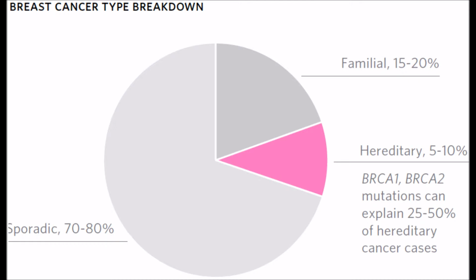Reproductive factors associated with prolonged exposure to endogenous estrogens, such as early menarche, late menopause, and late age at first childbirth, are among the most important risk factors for breast cancer. Exogenous hormones also exert a higher risk for breast cancer. Oral contraceptive and hormone replacement therapy users are at higher risk than non-users. Breastfeeding has a protective effect.